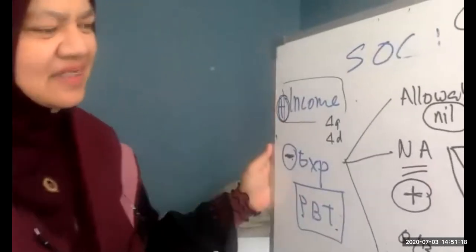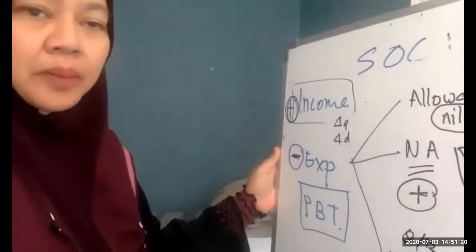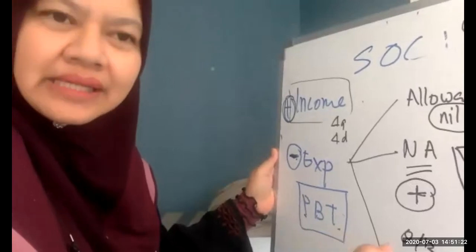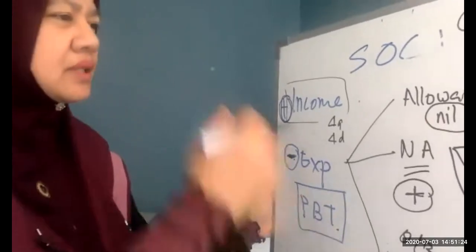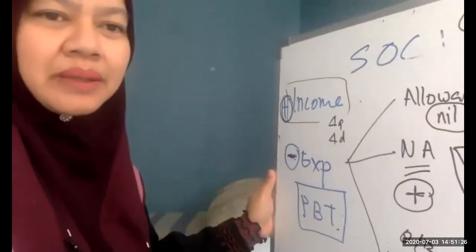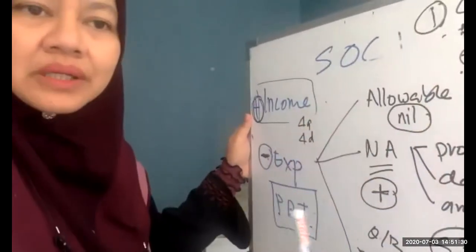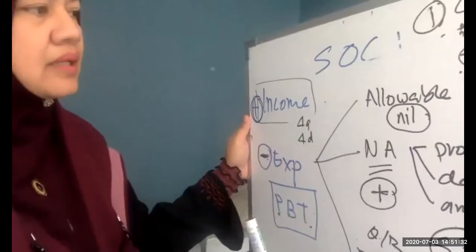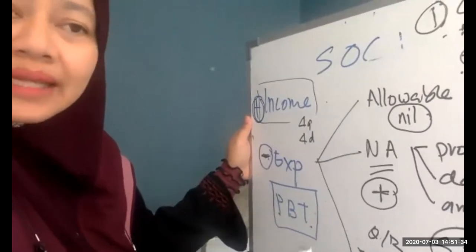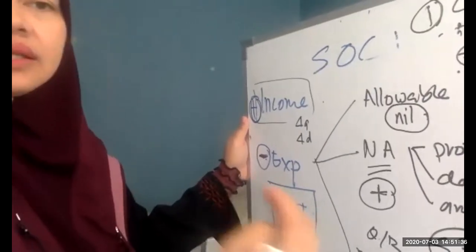Okay, anything else? So you are clear about your corporate tax. Actually, corporate tax is very easy for you to score. All right, one question can be about 60 ticks. Because why? Every item in the notes must appear in your answer. Whether there's no adjustment, you have to put a nil. So one tick for nil.